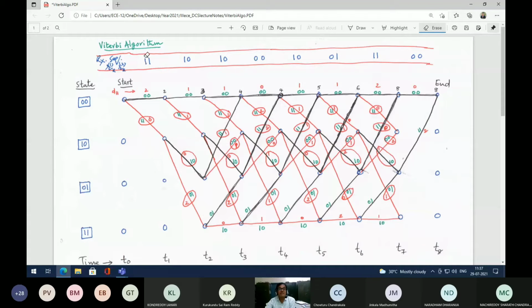Please see how many bits are there in our received sequence. Please check. 1, 2, 3, 4, 5, 6, 7, 8 pairs. 8 pairs means I should have a 16-bit sequence. In that, I got 8 pairs. This is one pair, another pair, 3, 4, 5, 6, 7, 8. Up to this you have to take. So depending on the length of the sequence, you have to limit this ending point. This is my starting point.